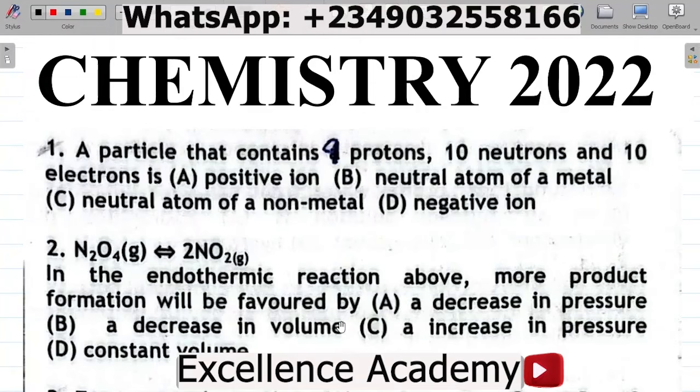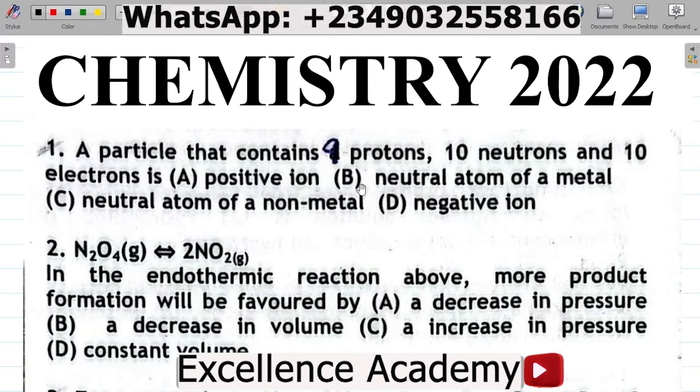Let's look at the solution to the JAMB Chemistry 2022 questions. Question 1 says, a particle that contains 9 protons, 10 neutrons, and 10 electrons is